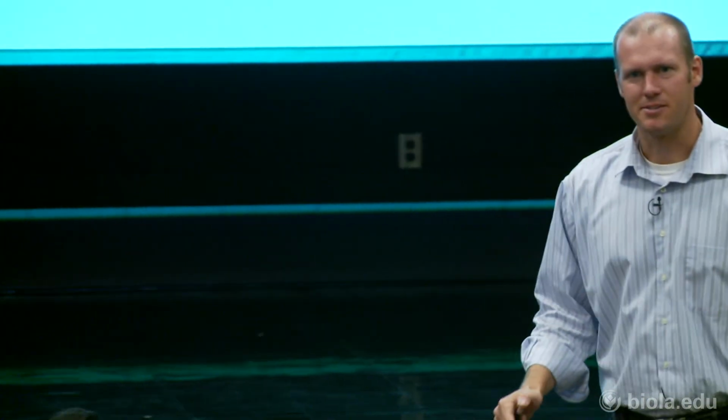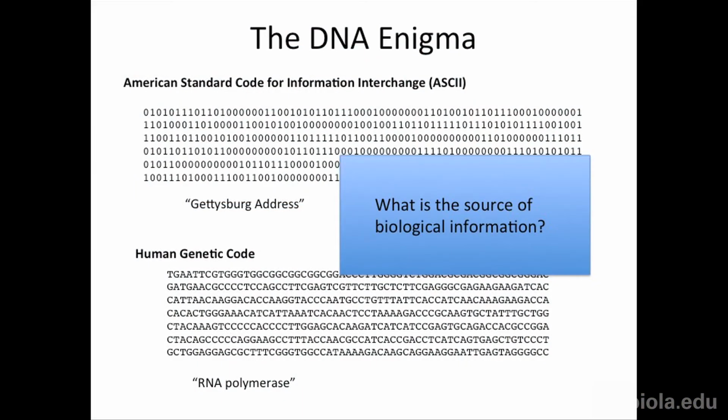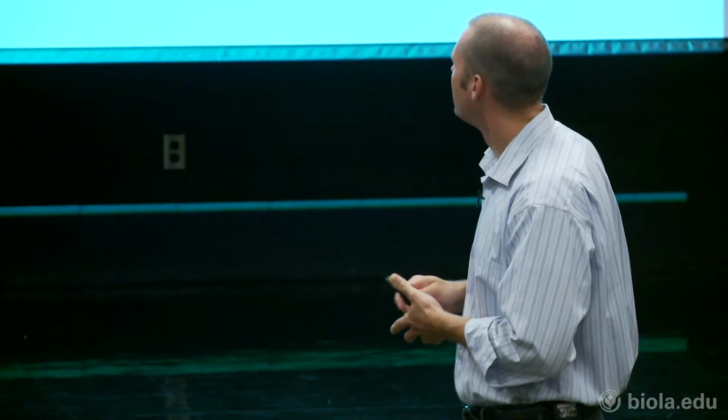The DNA Enigma is that the DNA sequence is almost identical in terms of its information content as this. This is obviously a code that we have agreed upon that says this digital code codes for the letter F, and so on, the whole alphabet, and you can write things in this code. Well, DNA is the same way. We've just talked about translating nucleic acid language into protein language, which is the same thing as digital code into English letters. We could translate this into English. We could translate this into protein language.